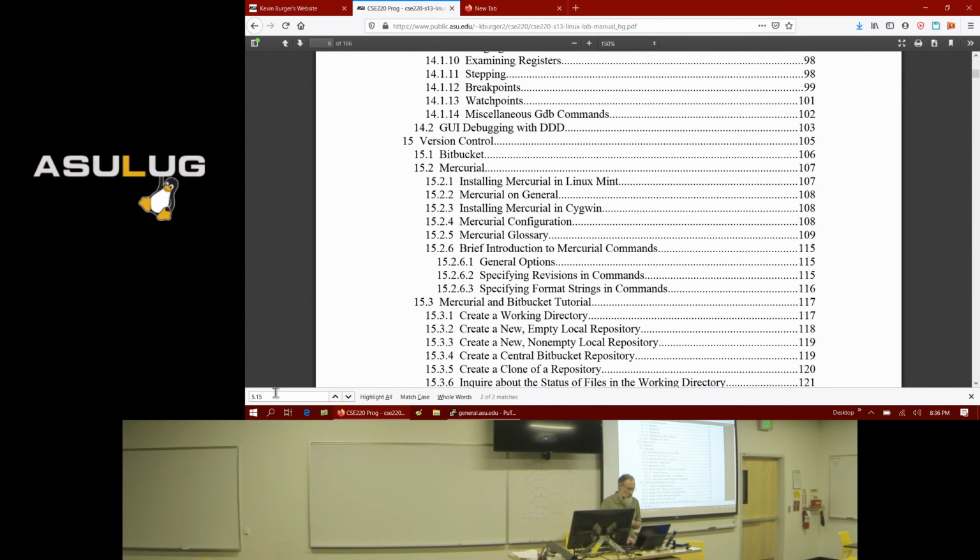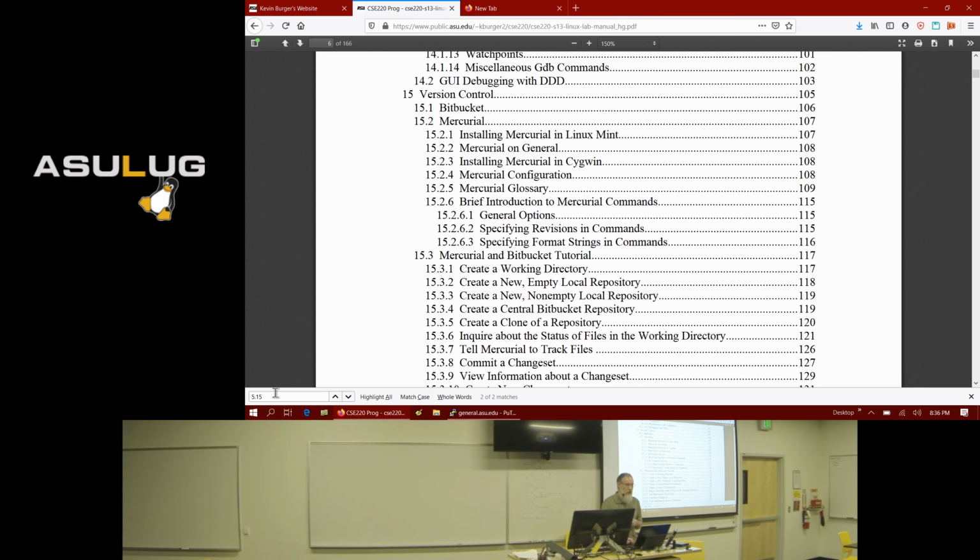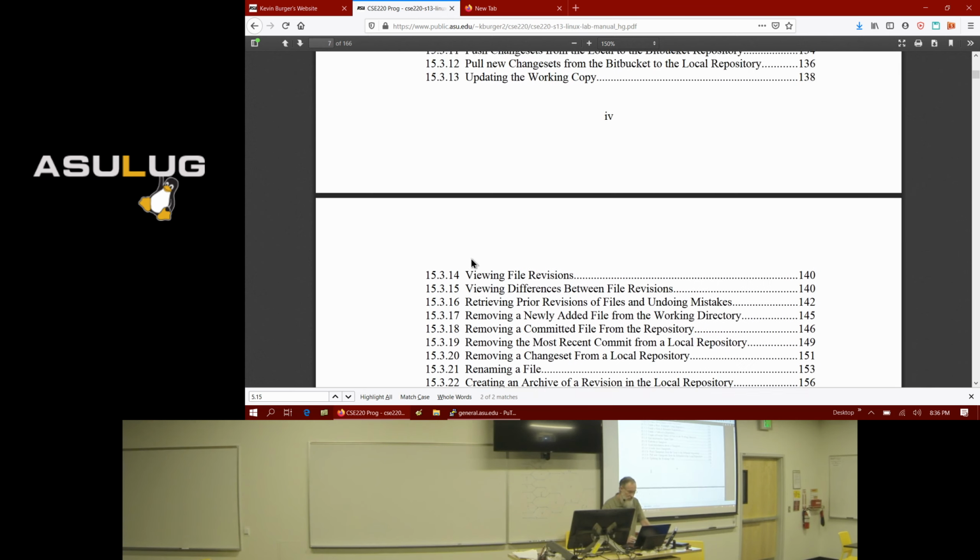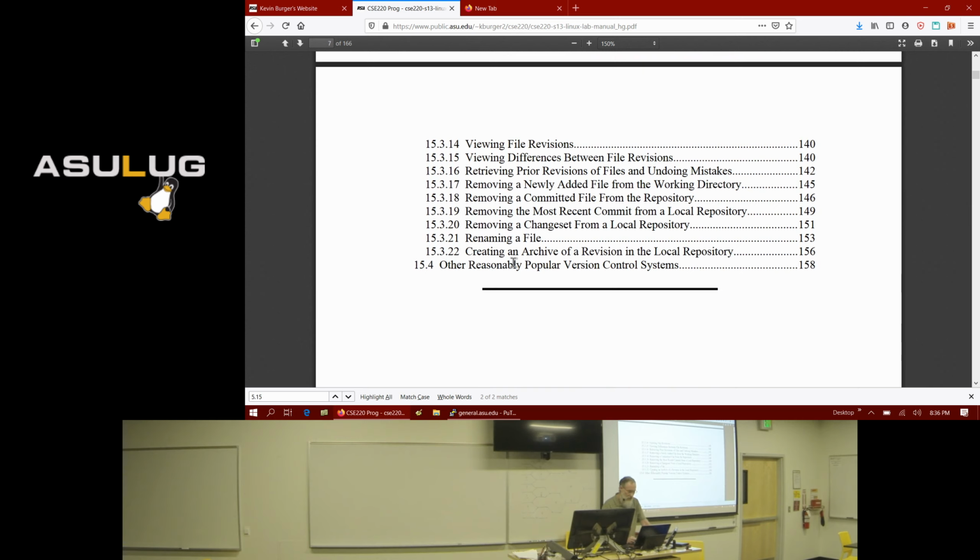And then I've got a chapter on using Mercurial version control. I was using Mercurial at the time because it was Python based, and I was doing some Python stuff. In the next edition of this book, whichever edition I'm up to, I'm going to add a chapter on Git.